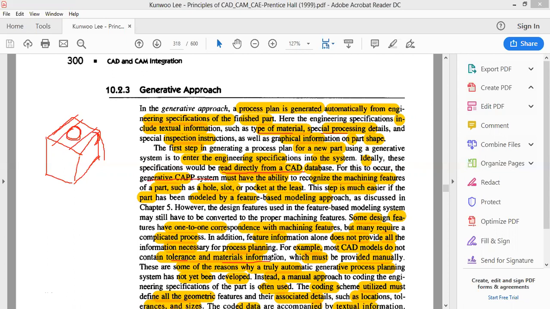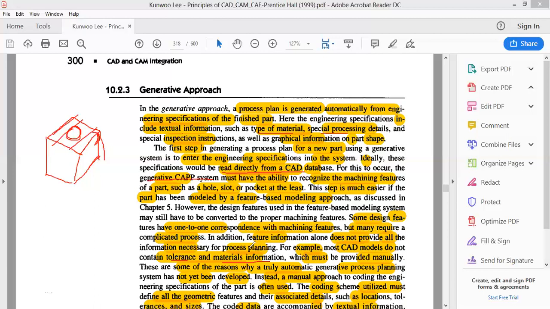Whenever we do any 2D drawing or 3D drawing, we make the models with respect to the given dimensions, but we never mention what the tolerance limit is, or what the surface finish is. Such details will be missing unless it is completely given using GD&T, geometric dimensioning and tolerancing, making all those features part of the CAD model.